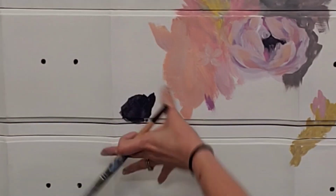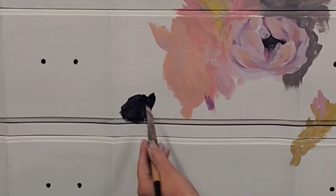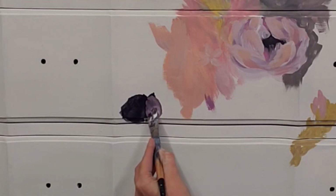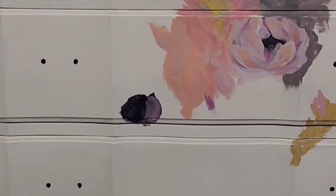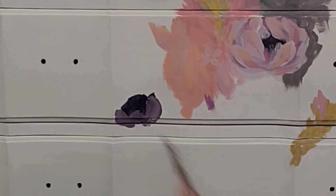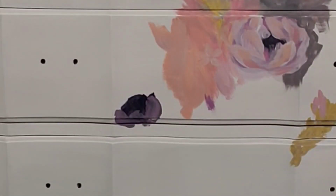So I'm gonna have this flower pointing this way. This one's pretty straight up and down, so I'll have this one point a different way. And I'm gonna surround this circle. And I've just got nice thick paint on my brush. And I'm just gonna form out some petals. These beginning stages, it doesn't look so great, which is okay. Just getting the size of your flower in there,